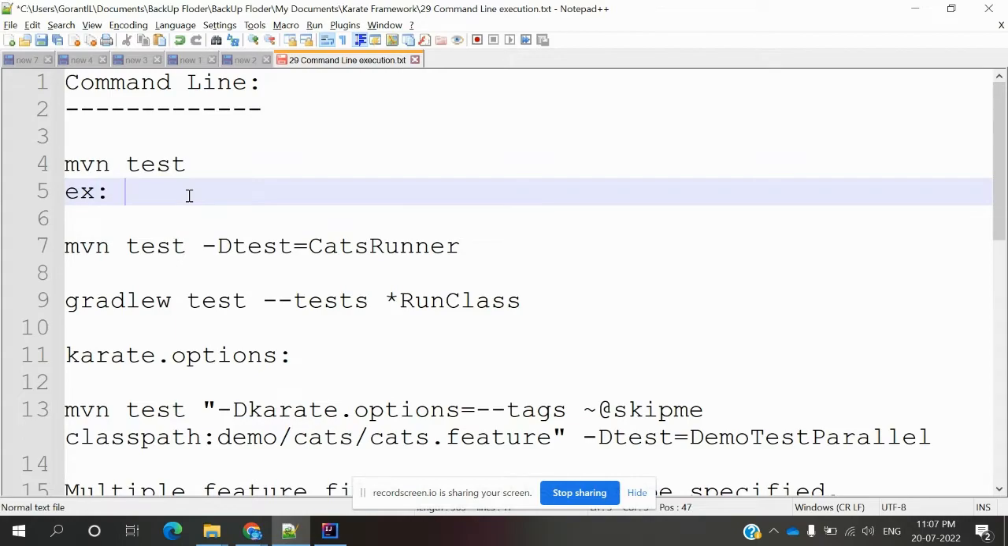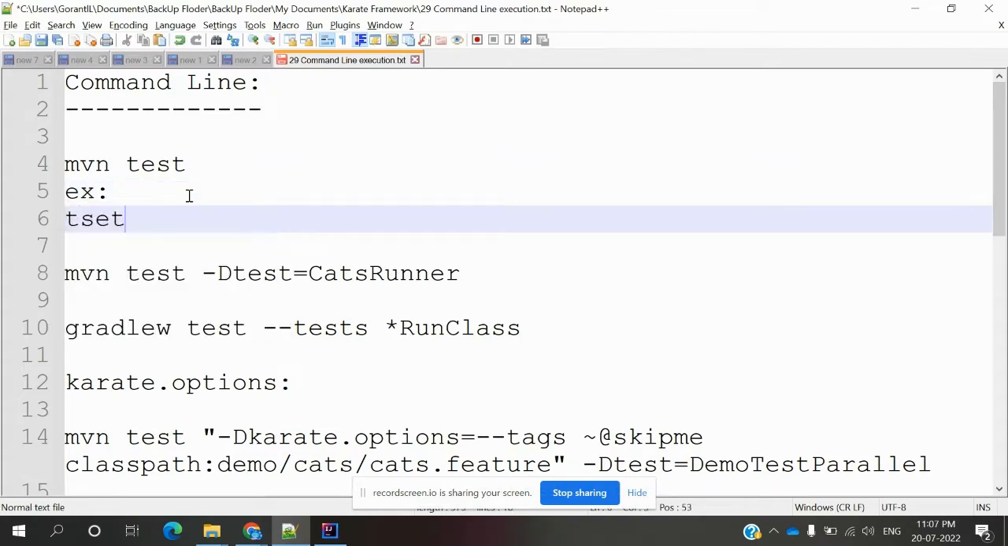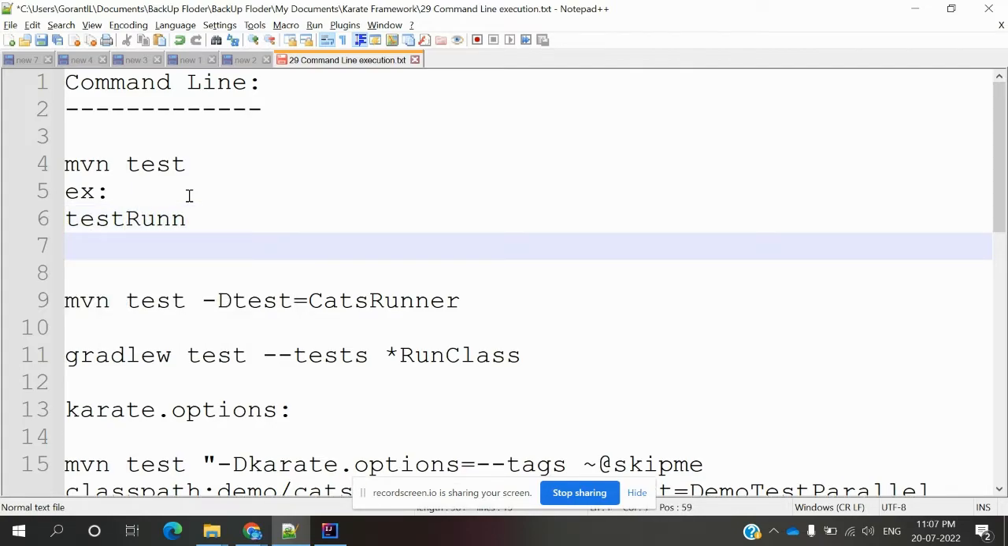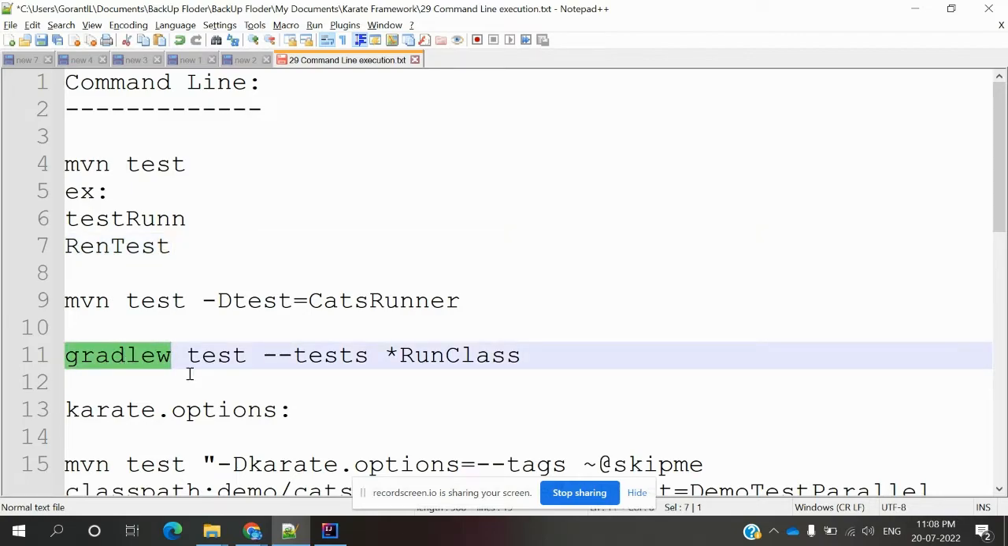Example: test run or run test. It will search for these first, and if any is present, then it will execute; otherwise it will show zero executions. The same format applies to a Gradle project also. It will search for test-related and run-related things and execute them. In case you want to run a specific test case and you have not specified run test or